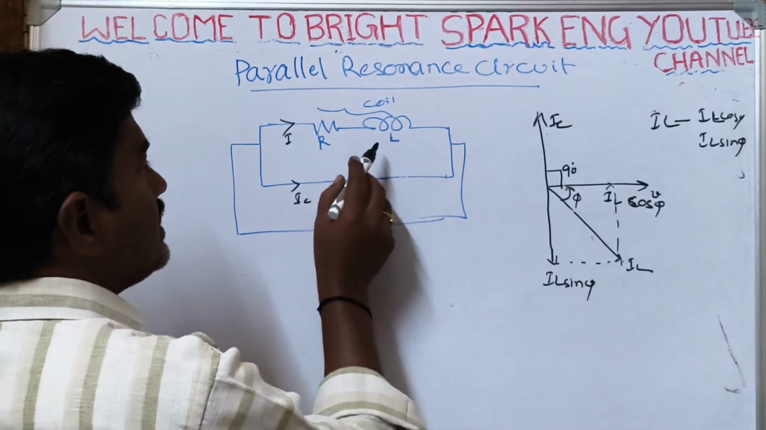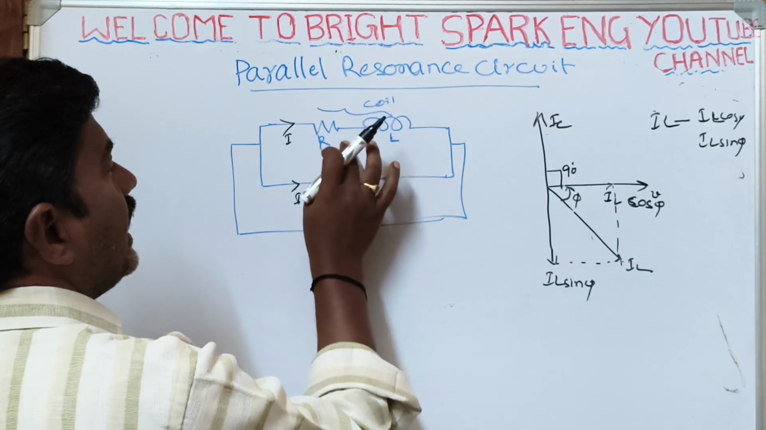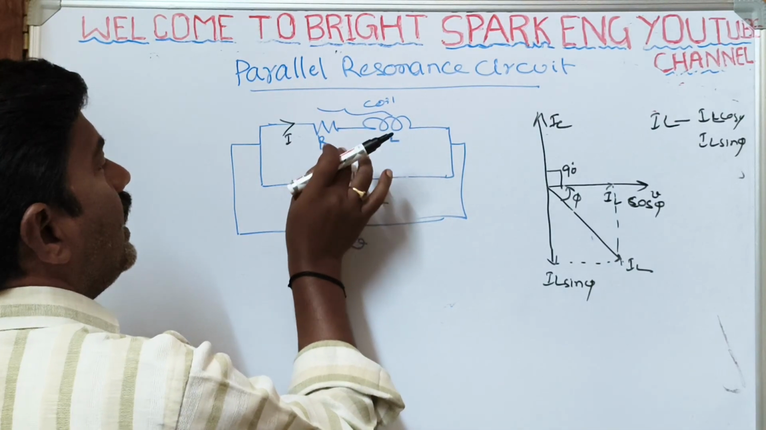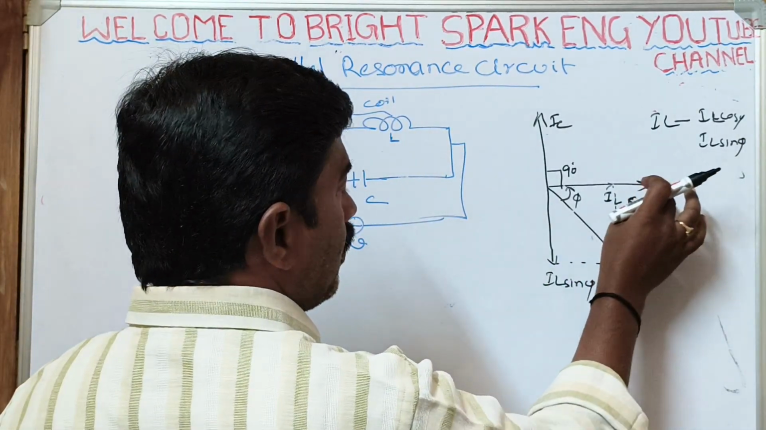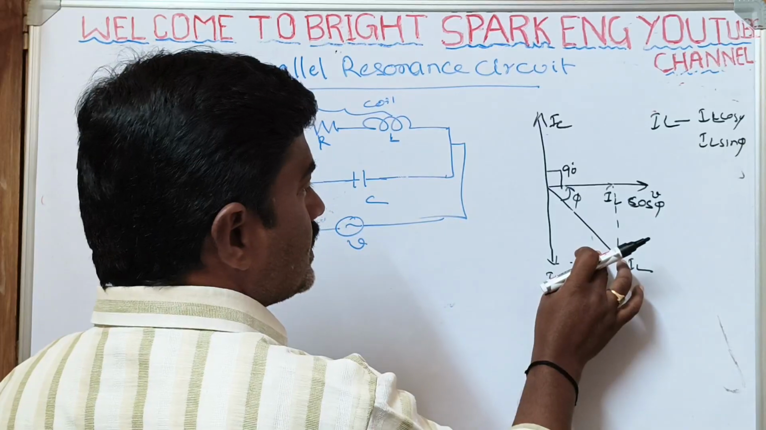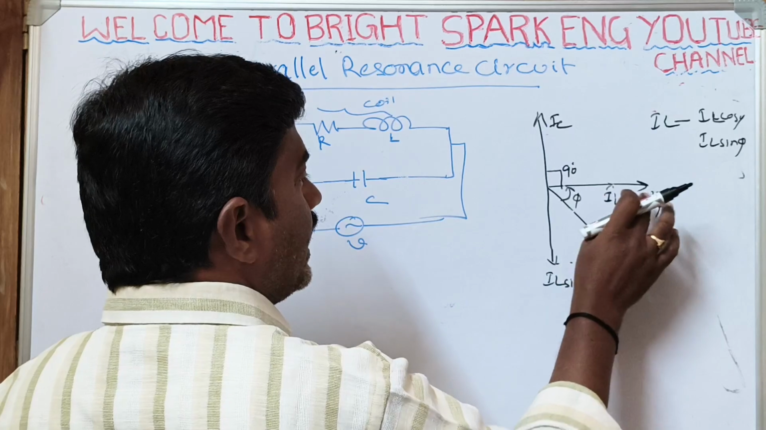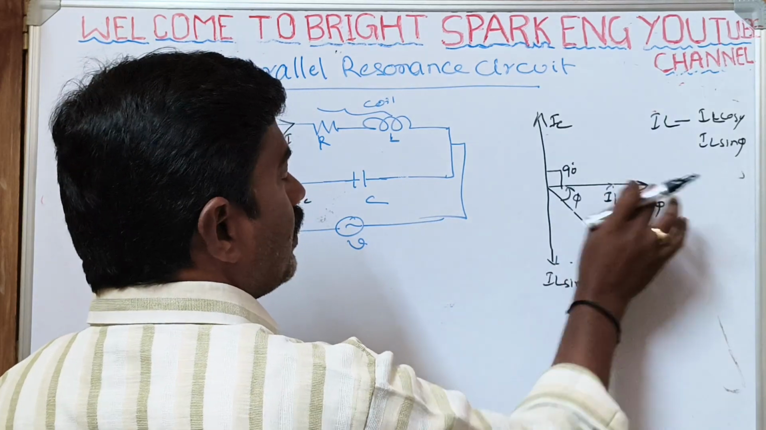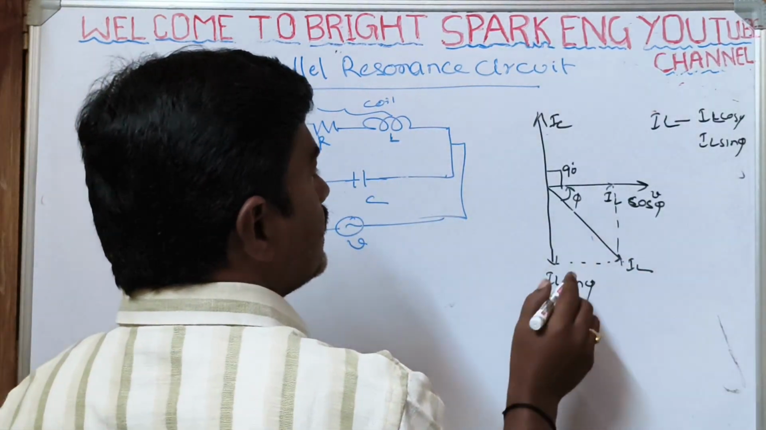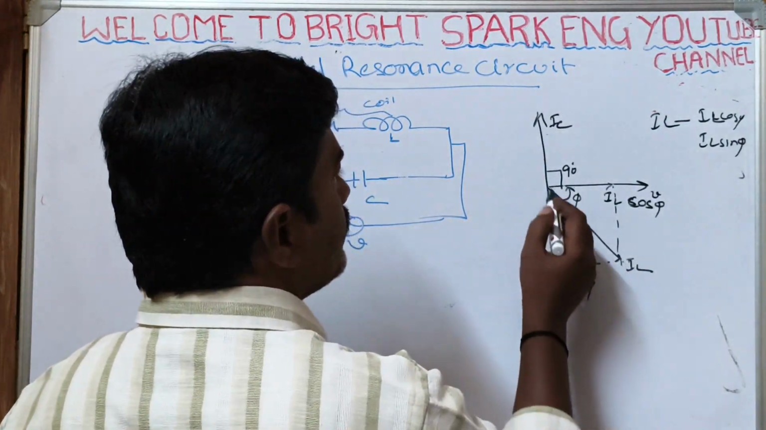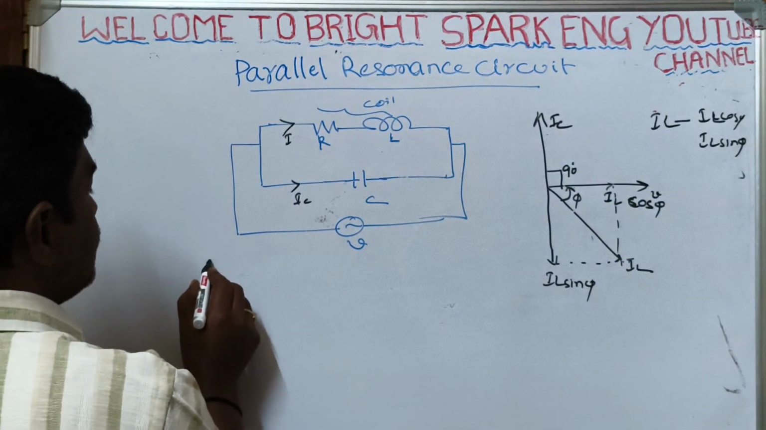Here is the coil. That's why some internal resistance is there. The coil is not a purely inductive circuit. This is the combination of resistance and inductance. That's why the current-voltage relationship is not exactly 90 degrees. In pure inductive circuits, IL is 90 degrees lagging behind the supply voltage. This is not the pure inductive circuit. That's why this is the IL. This is the IC. As for the resonance condition of a parallel circuit,